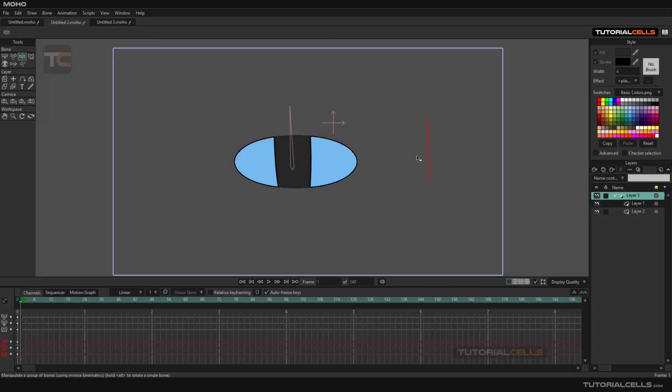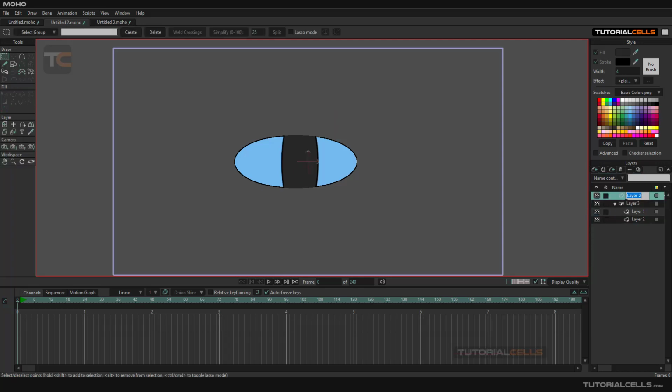If you add a constraint to your eye, and we want to add a blink, with a bone we want to make a blinking simulation. So in this folder, we create a new vector. Why is it turned off? Because we are in the animation mode of the timeline. We go to the null mode. Boom, 0. And then we can create a new vector here for blinking. We bring it there,